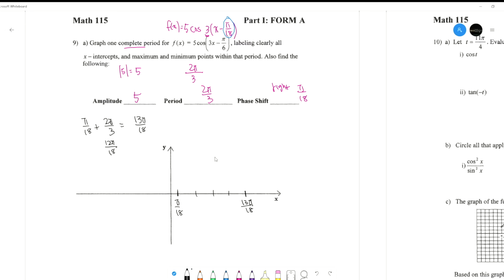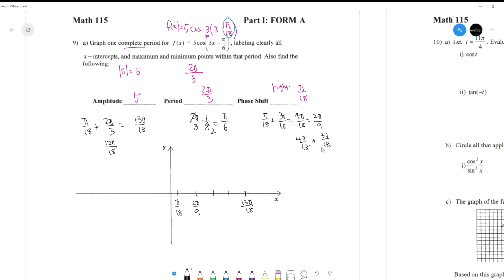Now how do I know what to add? This is the part, I don't know if you remember, I said you take the period and you multiply by a fourth. So that way you get pi over 6. Right? Pi over 6 is what I keep adding. So my first number was pi over 18 plus pi over 6, which is 3 pi over 18. So this comes out to 4 pi over 18, which is 2 pi over 9. So this guy is 2 pi over 9. Right? I'm going to keep the 4 pi over 18 and keep adding 3 pi